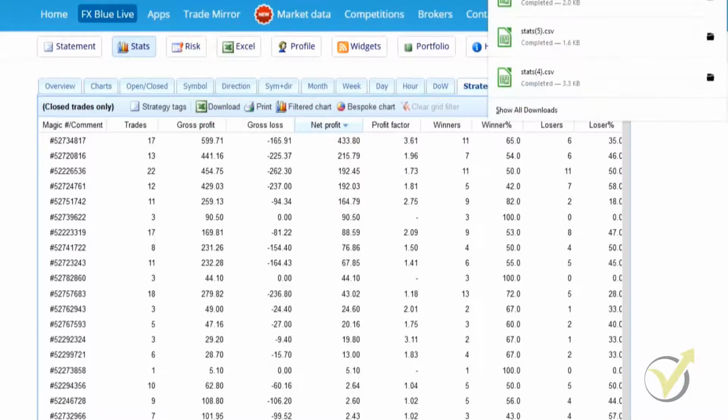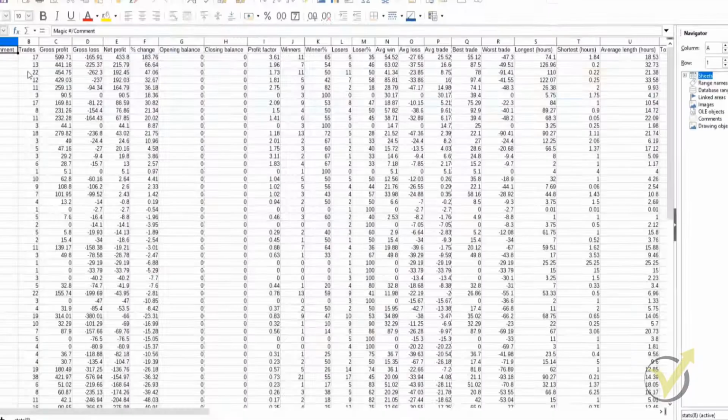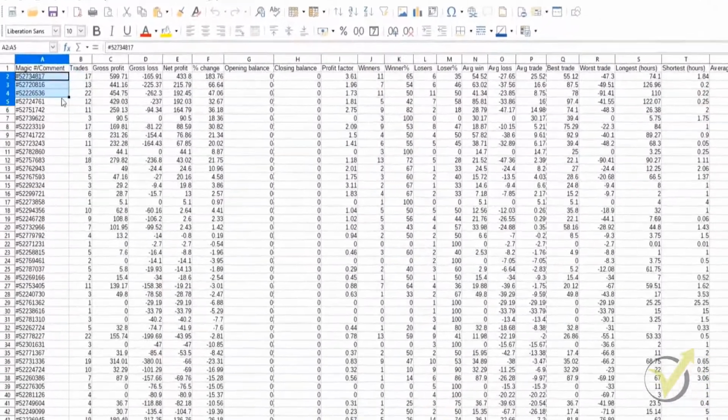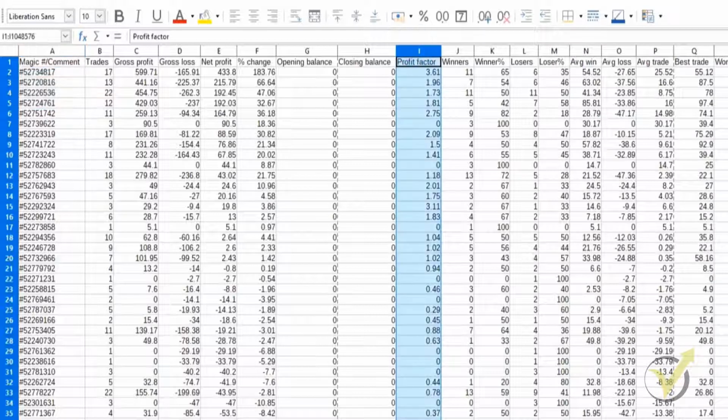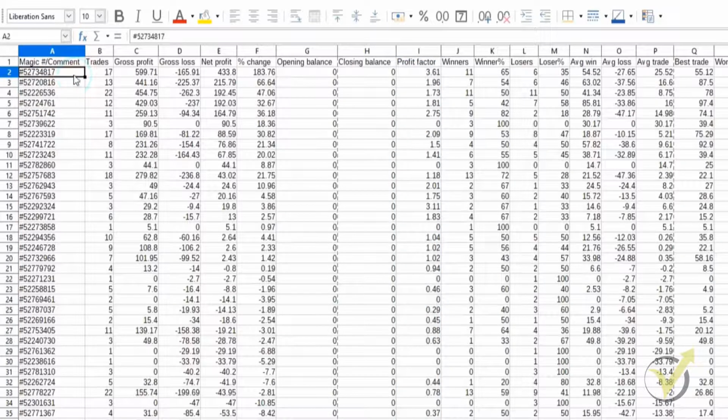Download it. Open it. Okay, now let's see. These all have done a lot of trades. Obviously, they all have done many, many more because this is the last 30 days. And as you can see at the top, under profit factor here, what I'm looking for is all of the ones that have opened more than 3 trades and have a profit factor of more than 1.4. So that'll be all of these, 1.5, 1.41, that one just made it in.